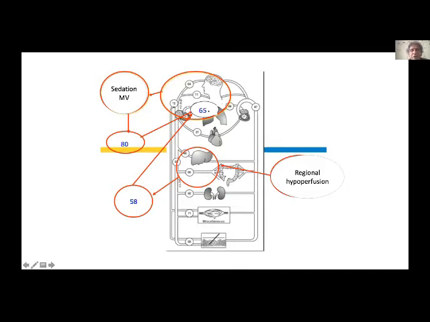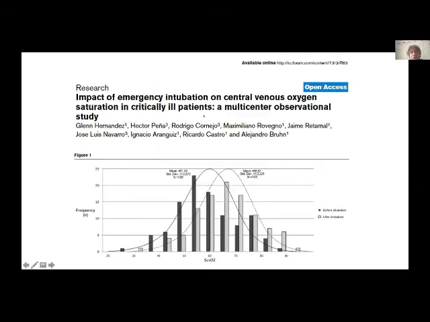And even if you measure a mixed SvO2, you can have a mixture of the two, and you cannot detect that you have regional hypoperfusion. And we also demonstrated that in a cohort of 100 patients that were subjected to emergency intubation, half of them septic shock patients, the SvO2 increased from 61 to 68, 15 minutes after emergency intubation, meaning that sedation and intubation, by decreasing dramatically oxygen consumption in the superior vena cava territory, can increase SvO2 per se, of course, and then you cannot be sure that this is a cosmetic value